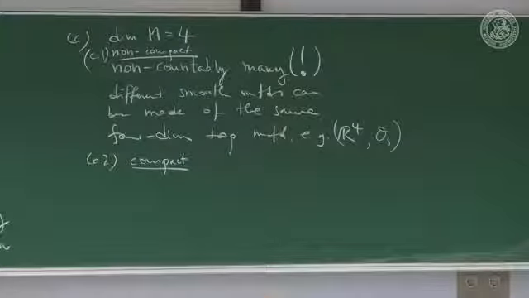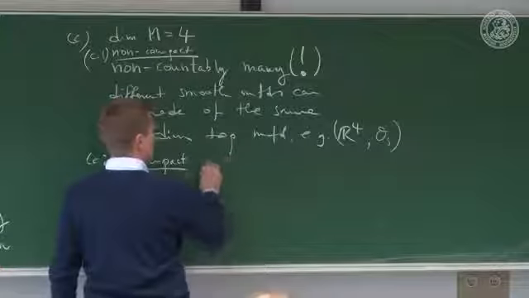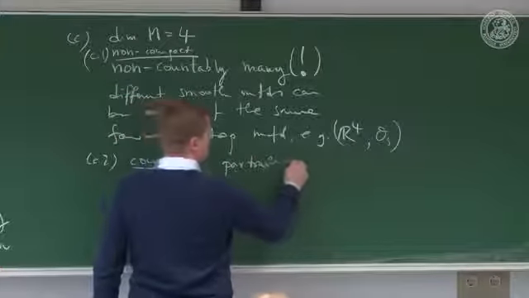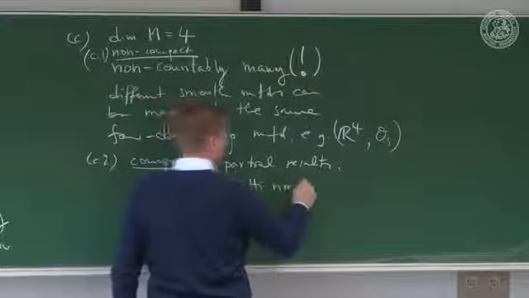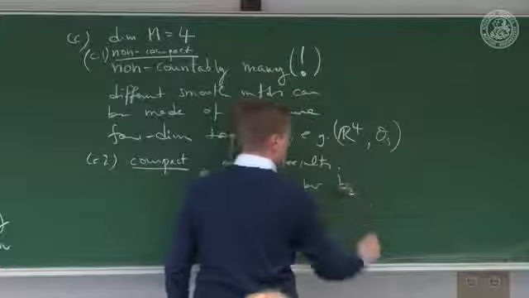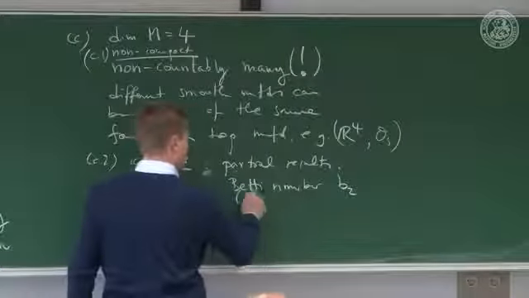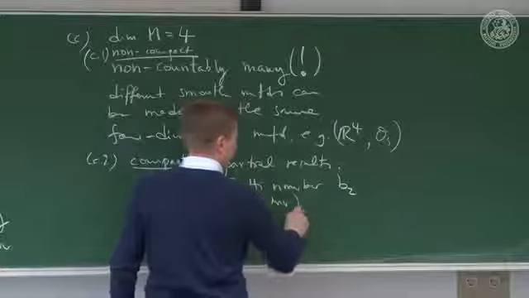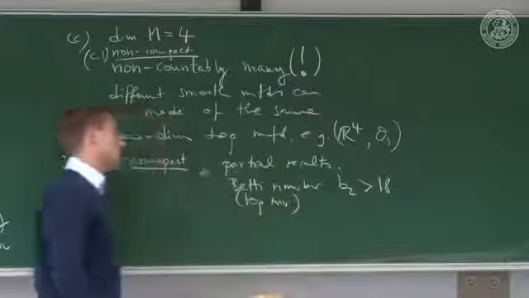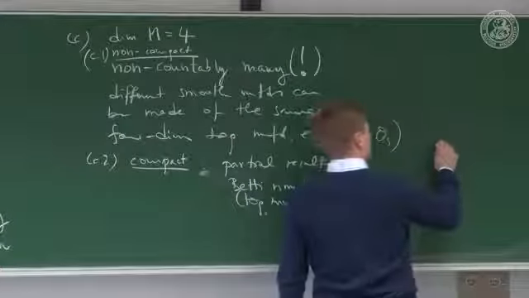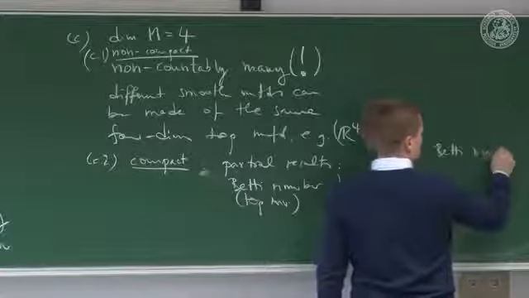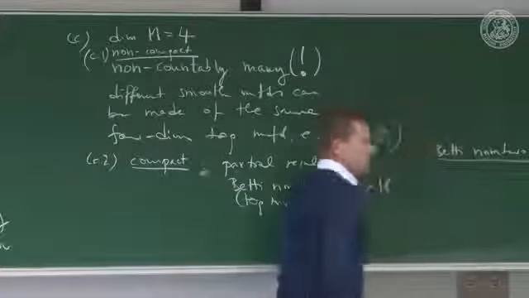Okay. And in the compact case, there are only partial results, okay? Partial results. If the so-called Betti number, there are several Betti numbers, this is the Betti number B2, that's a topological invariant, is greater than 18. What's the Betti number? Very roughly speaking, the Betti numbers are actually defined in terms of